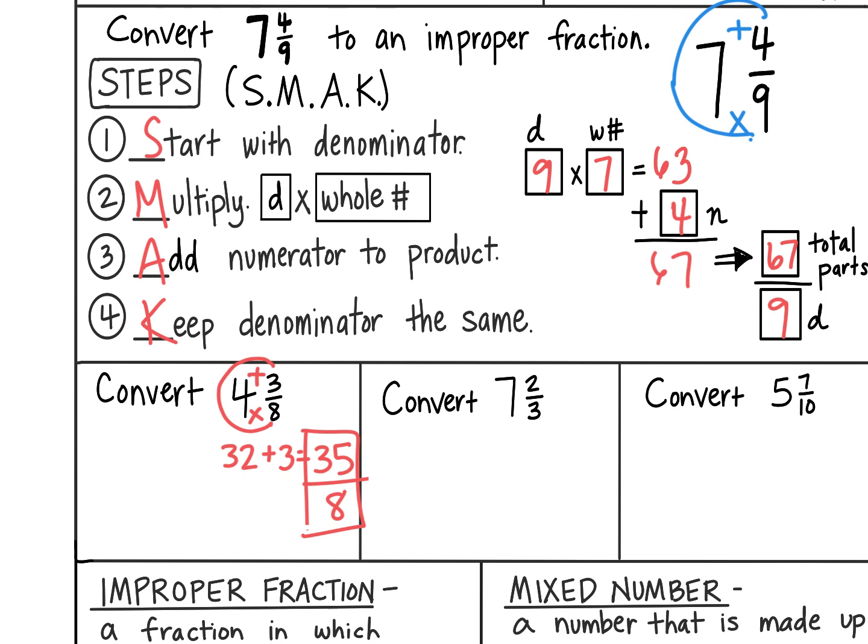Those are easy. Start at the bottom, work around, times, then add. So 7 2/3 should be 23/3. And the last one should be 57/10. Okay, this skill is incredibly important for what is coming up, because we will be multiplying fractions next week,